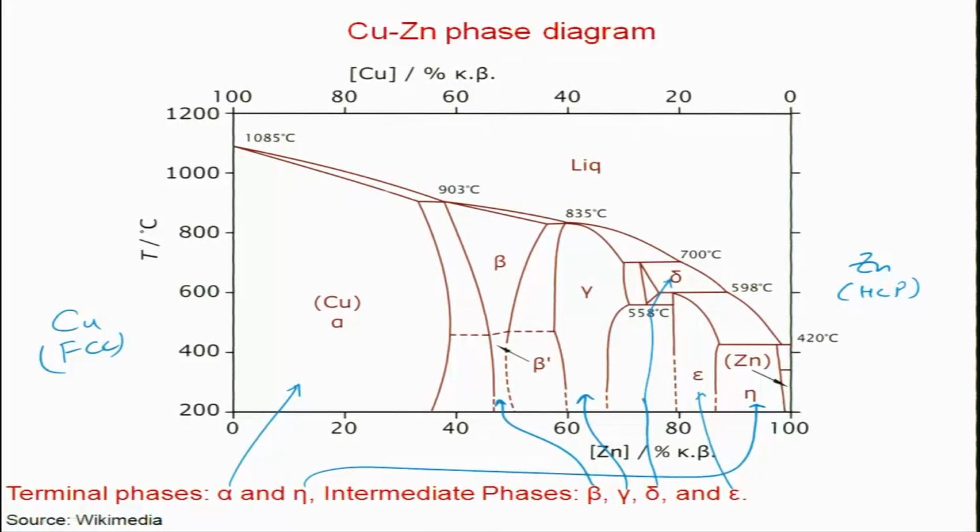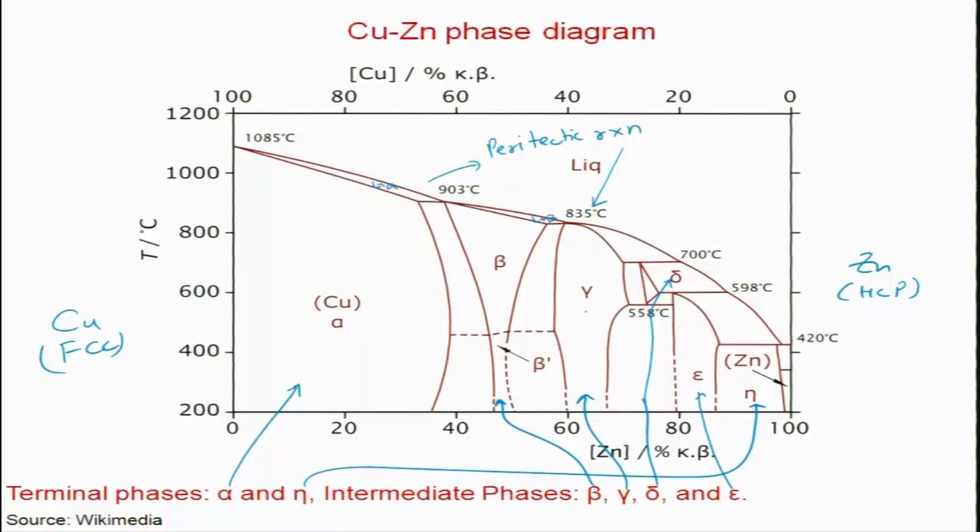There is a peritectic reaction at 903 degrees centigrade for zinc. So, this is at about slightly more than 40% of zinc, and this is first peritectic reaction that happens in brass. Okay. And then it leads to formation of, so you have liquid plus alpha, this liquid plus alpha leads to formation of beta phase. Then you have another peritectic reaction at 835 where liquid plus beta result in the formation